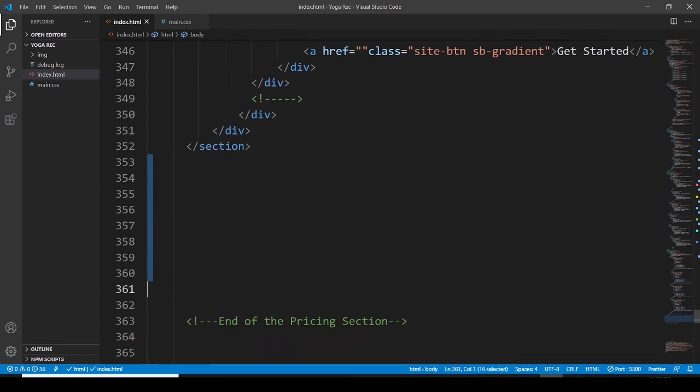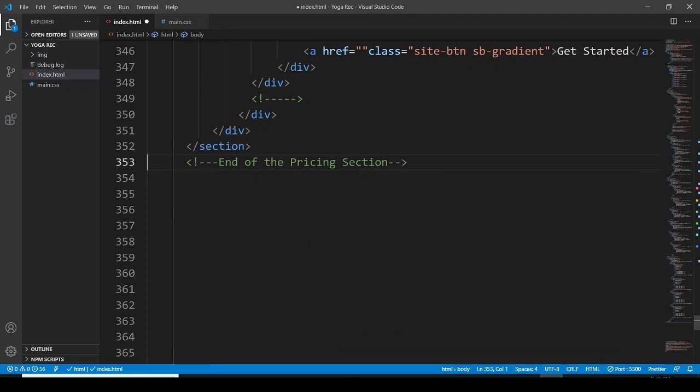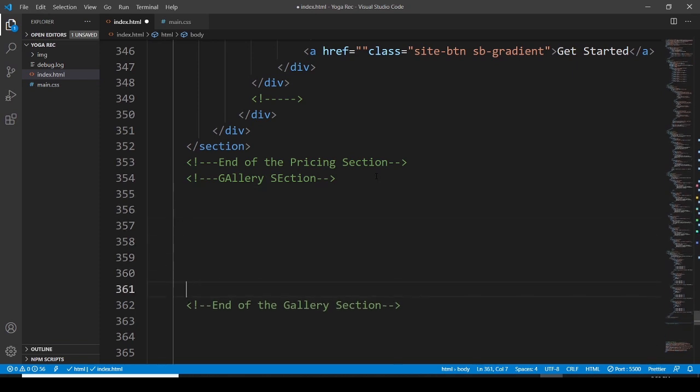Let me get it. Remove the spaces from here. Let's go with the comments. Let's say gallery section, and again end of the gallery section. In here,